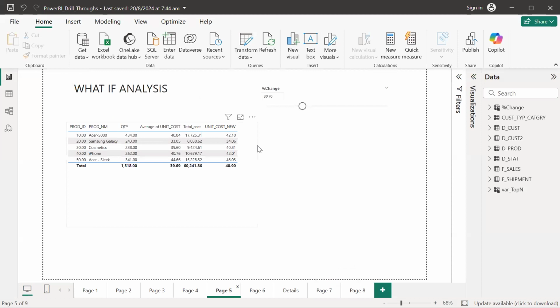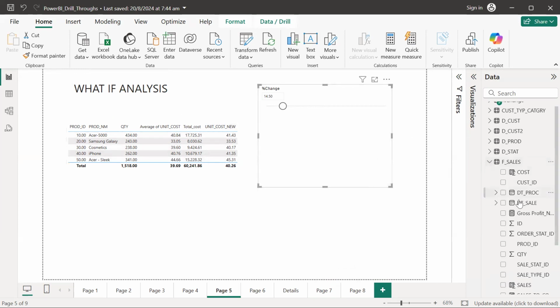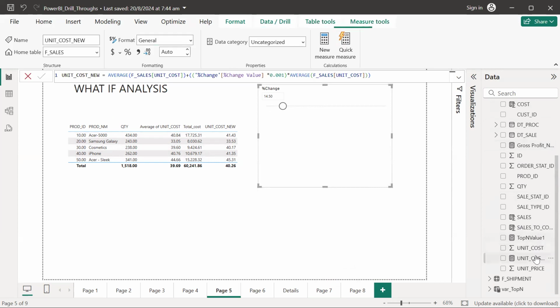What if analysis means that based on my value, it is changing. You can see this value is changing. Observe here, according to my data the values are changing. Correct or not? This column, the unit cost column. These are the slicers only. When I go back to the unit cost new column here, the unit cost new which I calculated,